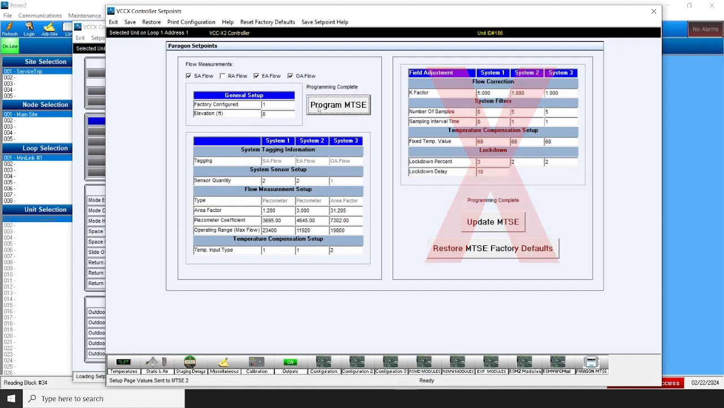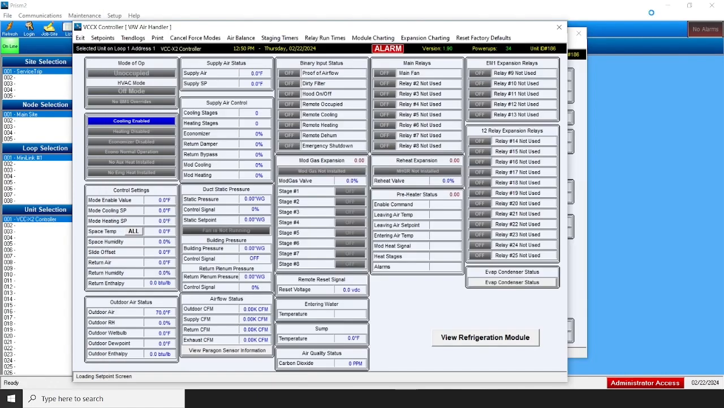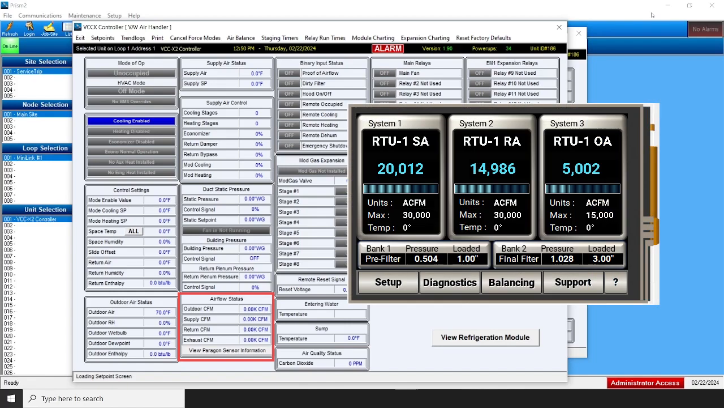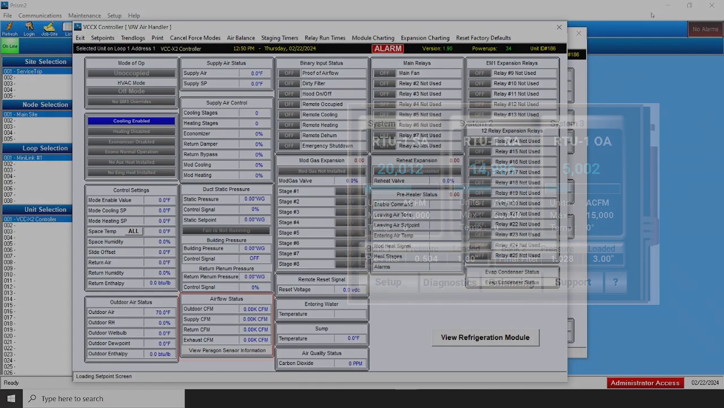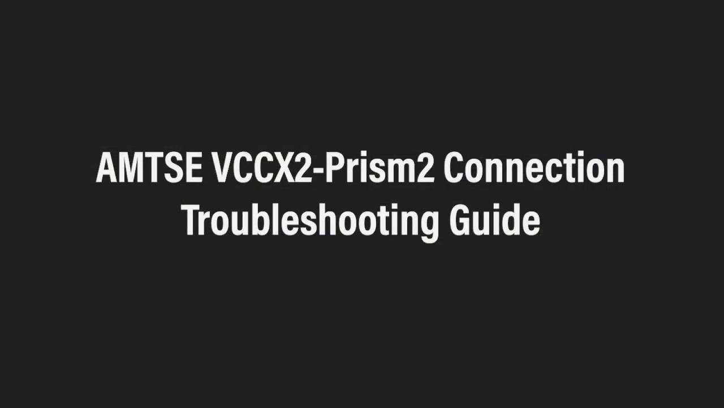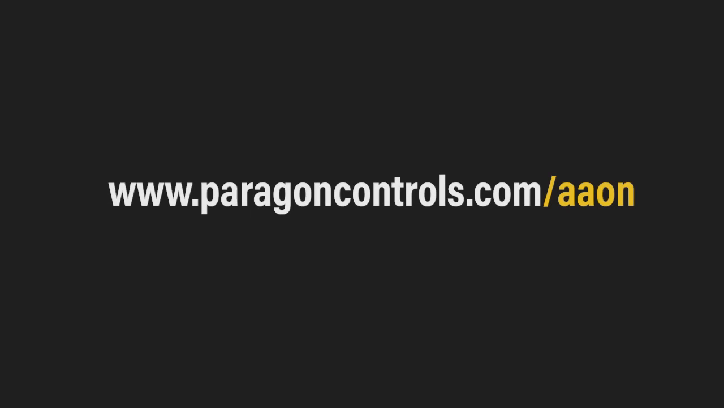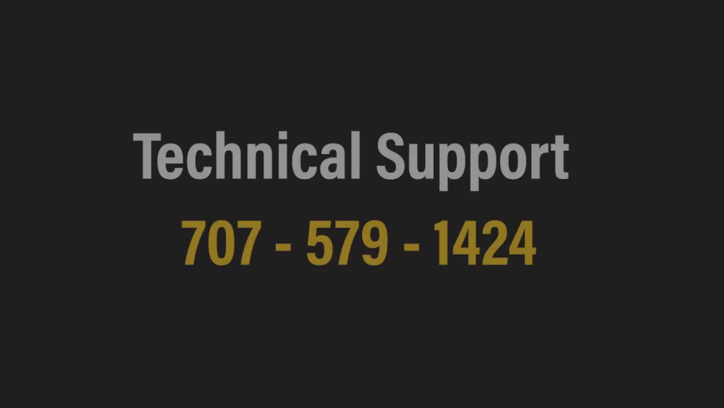MTSE. Return to the Details Viewer page and ensure flow values in the airflow status match the values as shown on your AMTSE display. If these values do not match, please see the AMTSE VCCX2 Prism2 Connection Troubleshooting Guide found at www.paragoncontrols.com/AAON, or call our tech support team for additional assistance at